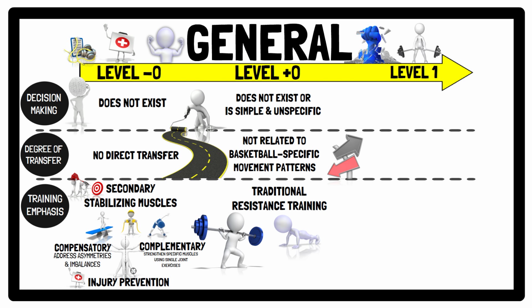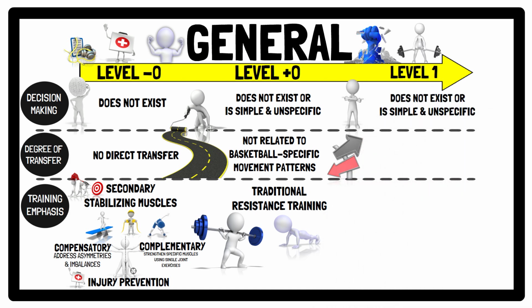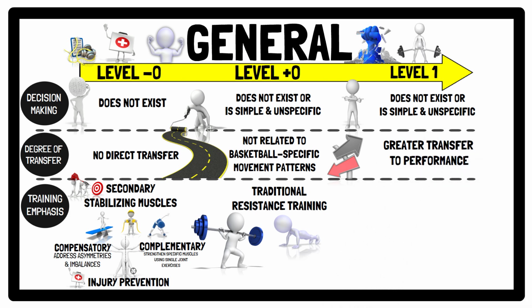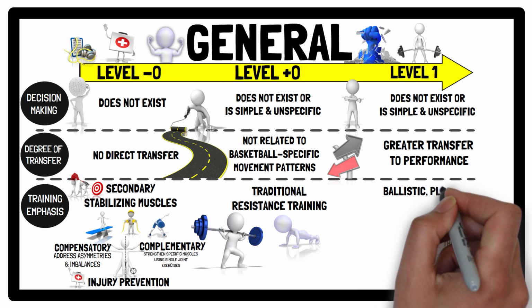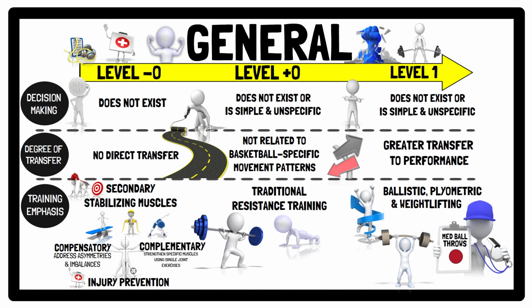Moving on to level 1, again decision-making does not exist or is simple and unspecific. Exercises selected now will bear some relation to basketball stances and therefore allow a greater transfer to performance. Explosive strength training through the use of ballistic, plyometric, and weightlifting exercises are recommended. The use of inertial technology, which accentuates the eccentric muscular contraction, such as flywheels, have also been recommended to help